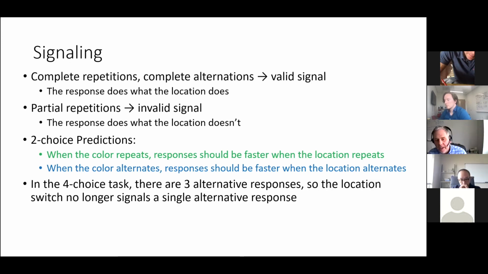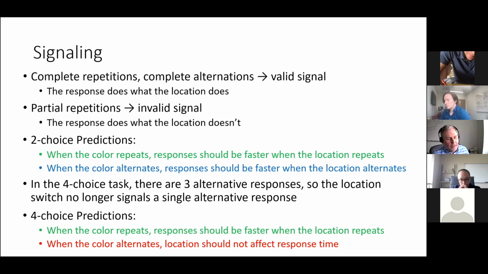In the 4-choice task, things are a little bit different. When the color repeats, you still want to press that repeated response. And so you're going to be faster when the location also repeats, because you're using that location as a signal, but not so much when the color